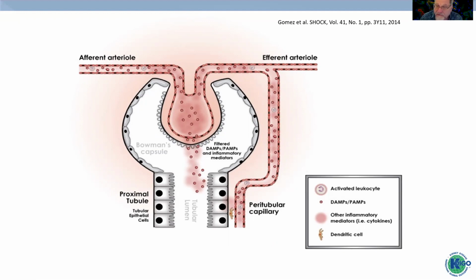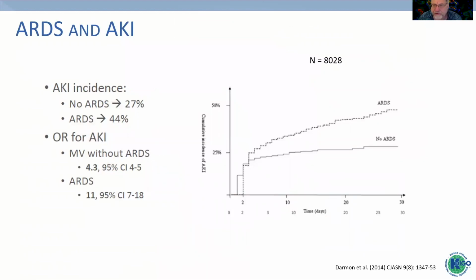They can also be delivered to the kidney via the peritubular capillary and inflamed circulating inflammatory cells, and interaction with local dendritic cells within the kidney can orchestrate an inflammatory response in the kidney, which can damage the organ. This is what happens in sepsis, and there's some strong evidence now that this is occurring in COVID-19 as well. And we have a long history of understanding that when you have ARDS, regardless of the cause, acute kidney injury is common. And this has been reported in multiple prior studies with the interaction between the lung and the